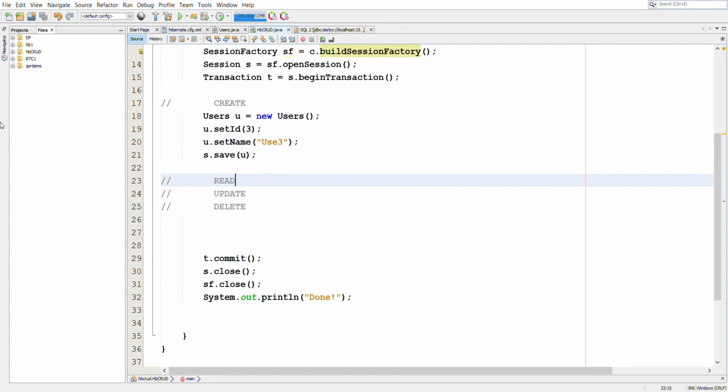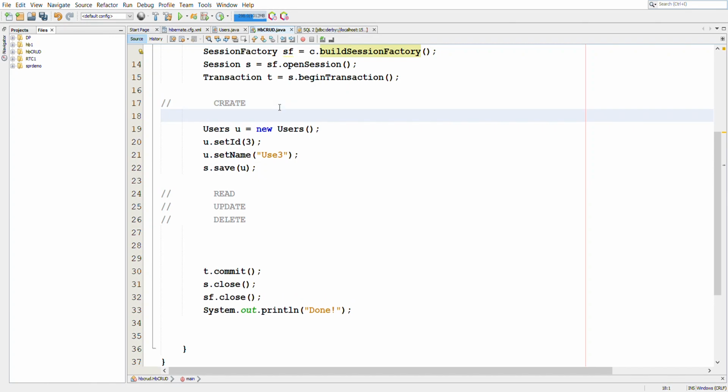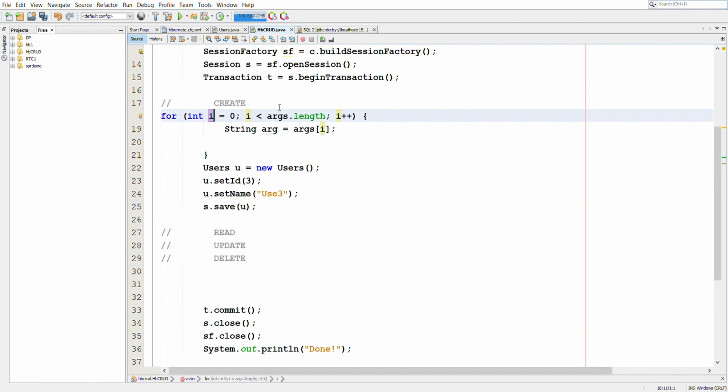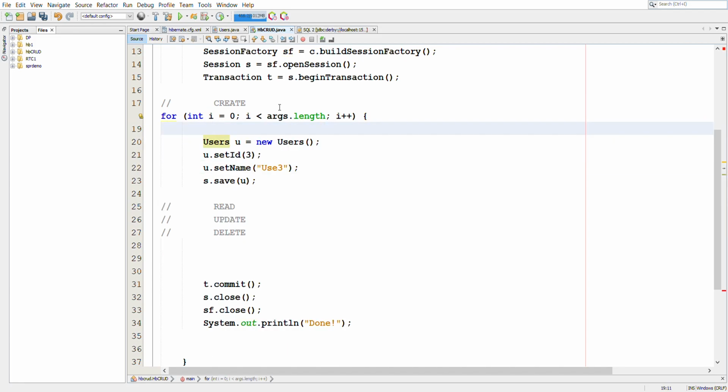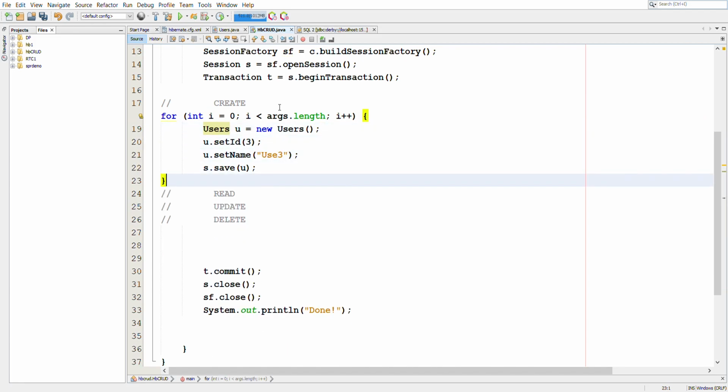Now, before we perform read, update, and delete operations on our table, we will insert multiple rows here. So using a loop, we'll create a new user and we will set the ID to i and the username to user i.